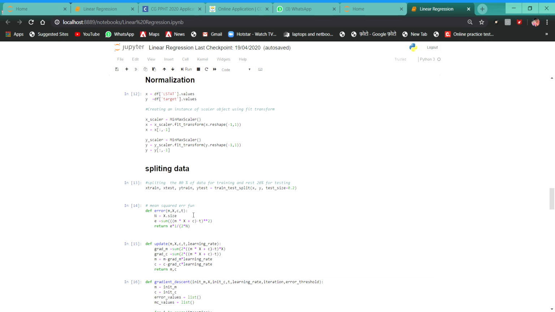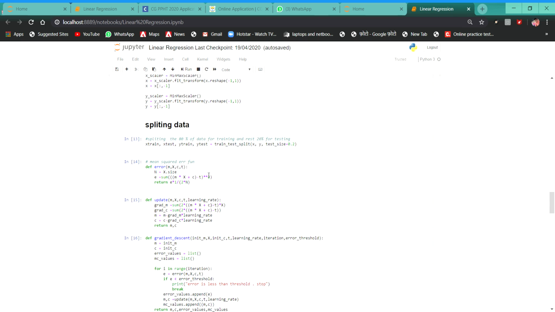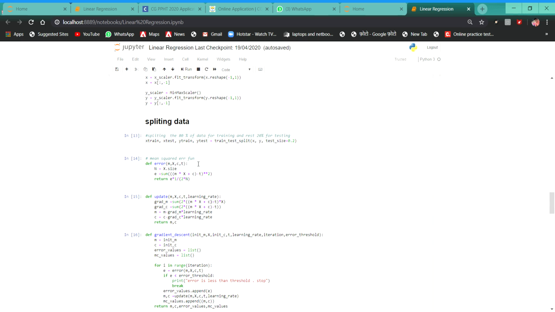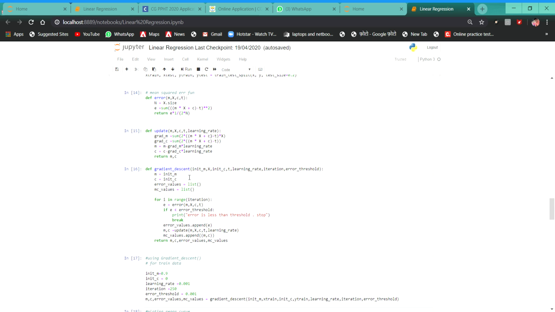Next, we are going to define three types of functions here for calculating the mean square error. In the gradient descent function, we have a loop which runs for the given number of iterations, and it breaks when the error is lower than the threshold.